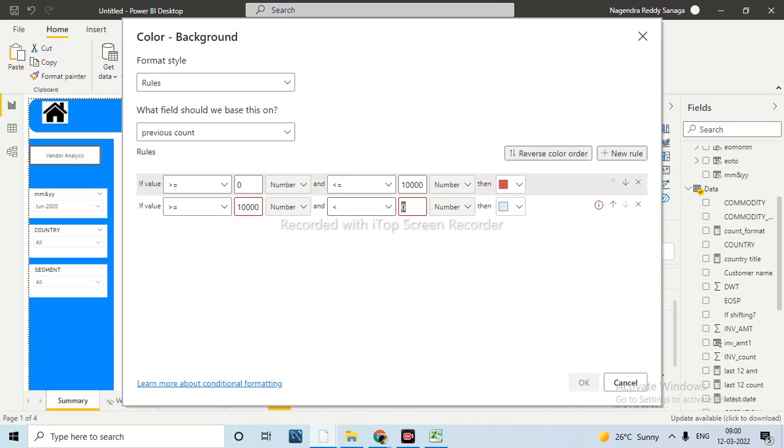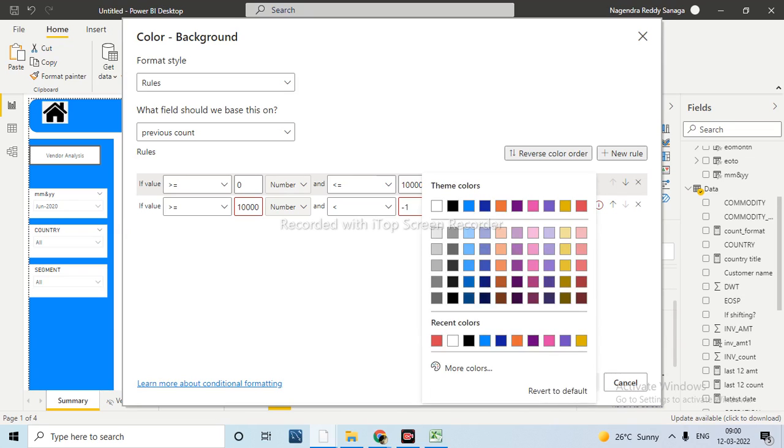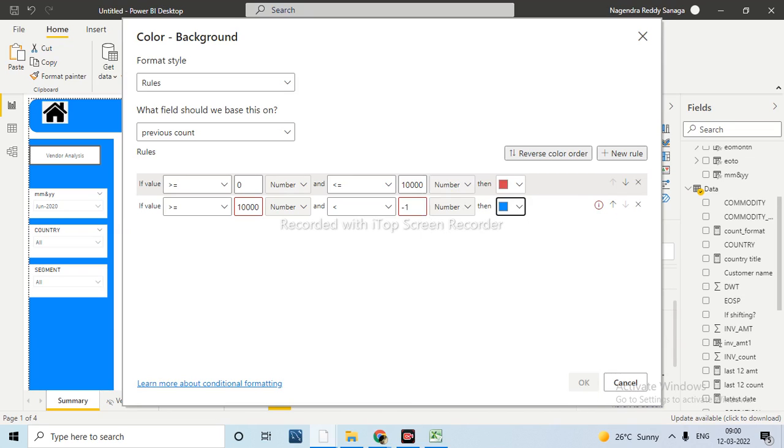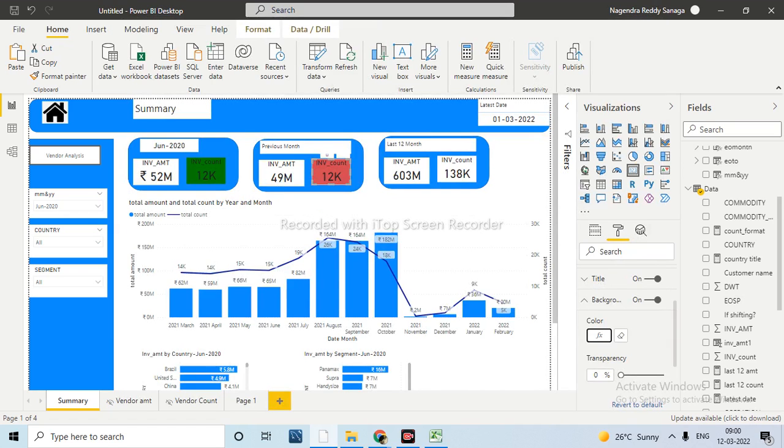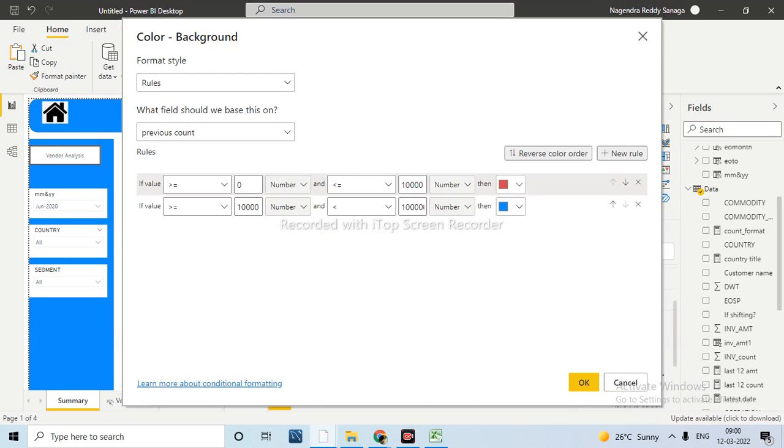Here less than or equal to, just -1 I am taking. Max is less than 1 lakh I am taking, 10 lakhs should come now. Yeah. Now when the value is less than 10,000, automatically it will come green. Otherwise we have taken blue only. Let me take this purple.